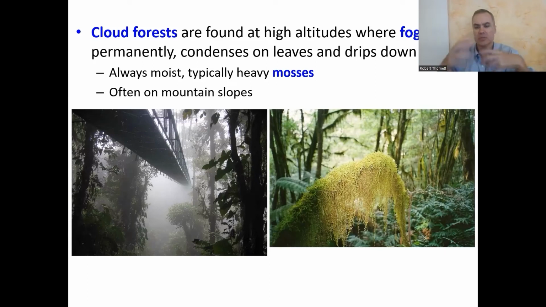And in terms of the human environment interaction, these are often the types of areas where people plant coffee, whether it's on the slopes of mountains in Colombia, the Andes Mountains, or in Costa Rica or Panama, whatever. Those types of mountain slope, little higher elevation areas, which could often be cloud forests, are often places where you find major coffee industries.